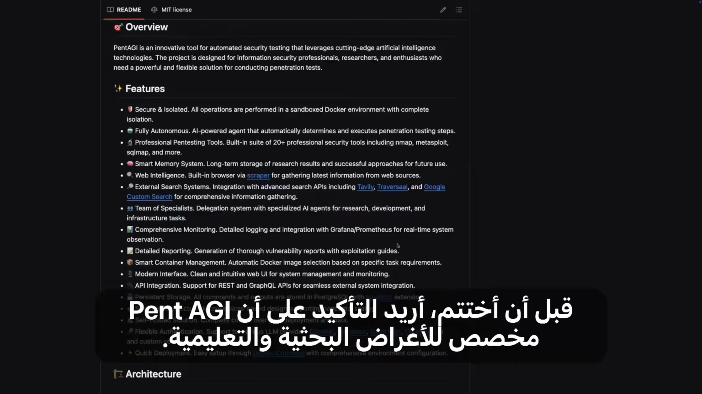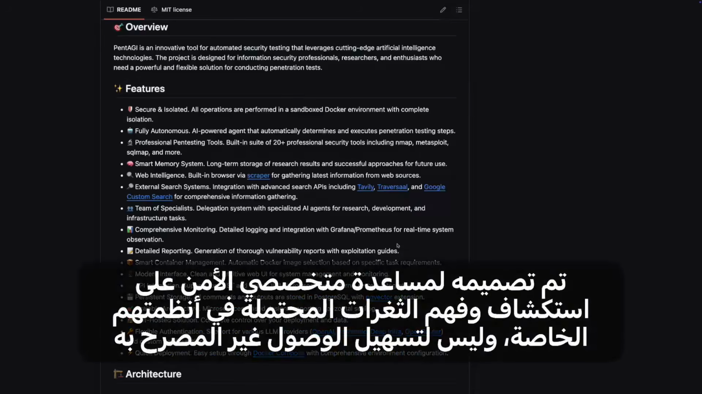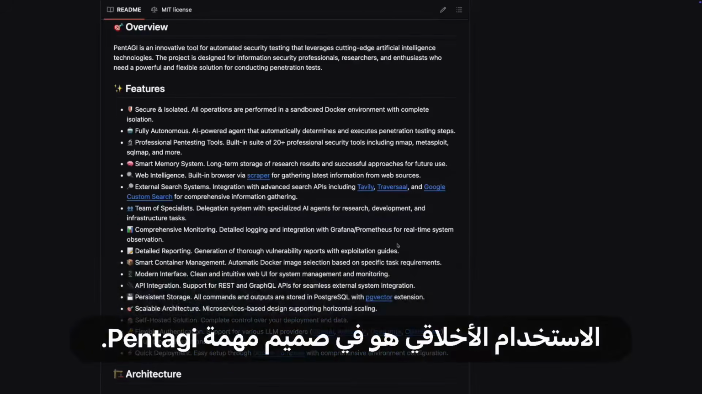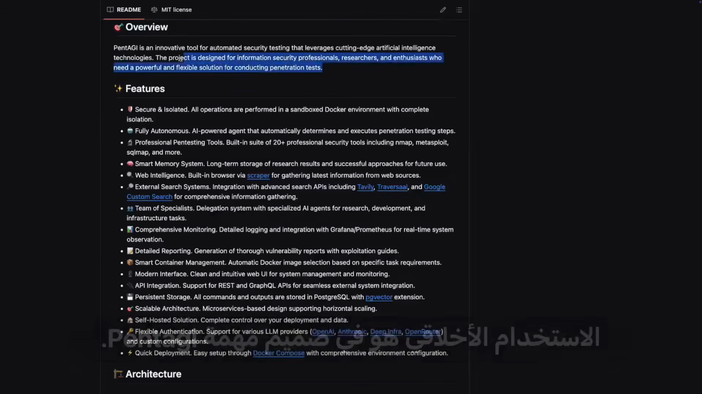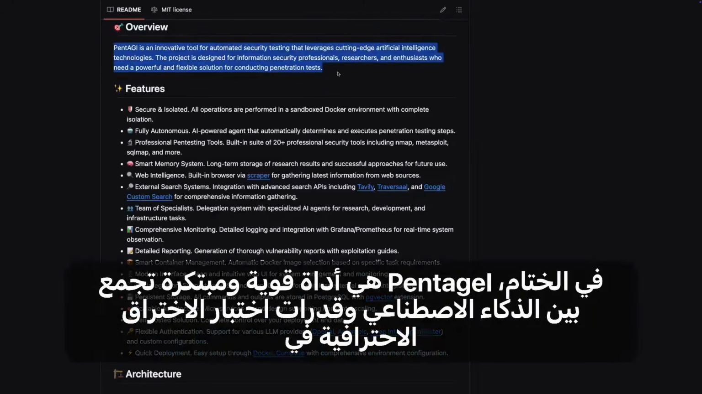Before I wrap up, I want to emphasize that PentAGI is intended for research and educational purposes. It's designed to help security professionals explore and understand potential vulnerabilities in their own systems, not to facilitate unauthorized access to others. Ethical use is at the core of PentAGI's mission. In conclusion, PentAGI is a powerful and innovative tool that brings together artificial intelligence,